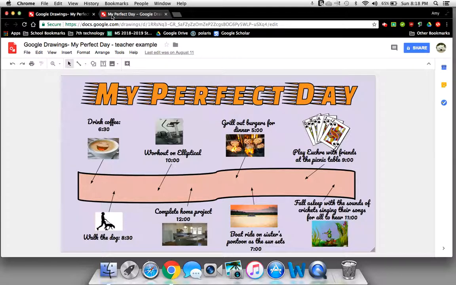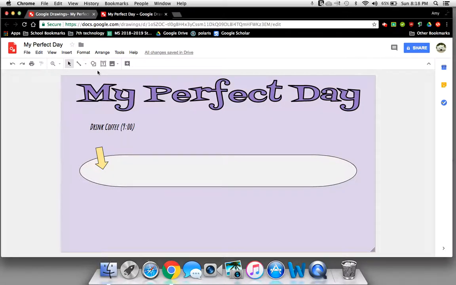So when I go back, you can either go here as a shortcut. I could do an image here where I could upload from the computer, if I have one on my computer. I could search the web. I can get one from my drive. I could get one from my photos if I have one. I can search by a URL. If I have a webcam, I could take a picture of my actual coffee cup. So I can use the shortcut, or